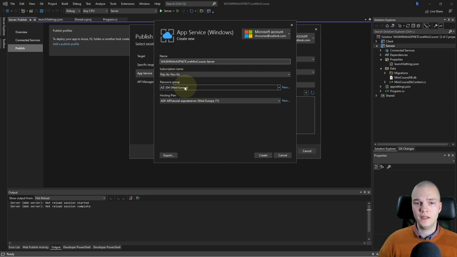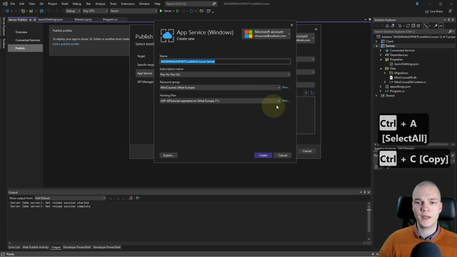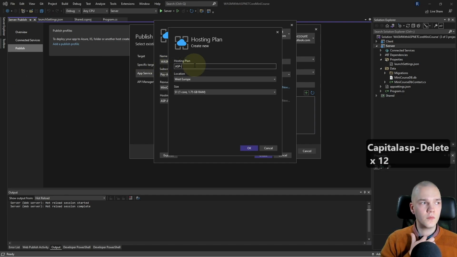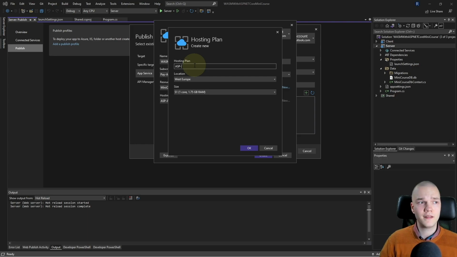I'm gonna set the resource group to mini courses, and for the hosting plan I'll create a new one. I'll first copy the name of this app service, hit new, and I'm just gonna prefix it with ASP-, which stands for App Service Plan, and that's how this hosting plan thing is called in the Azure portal.